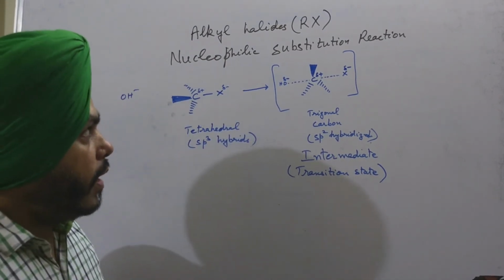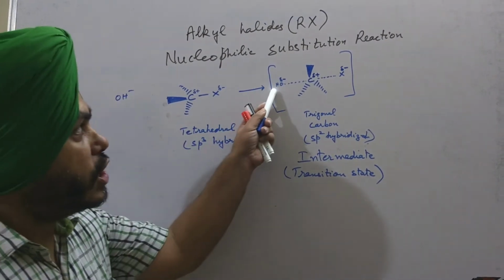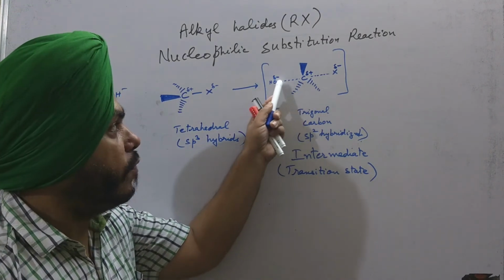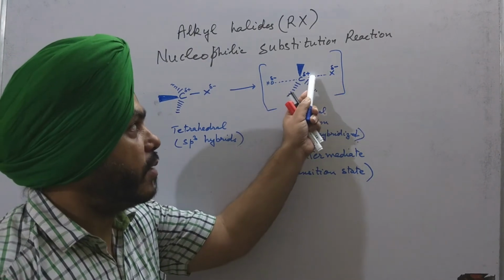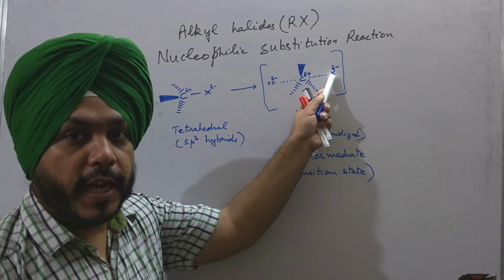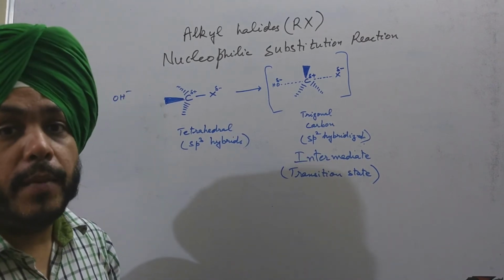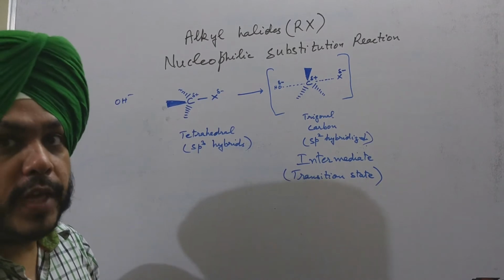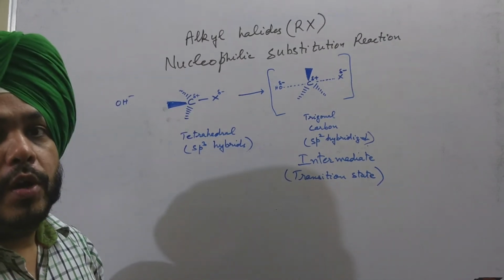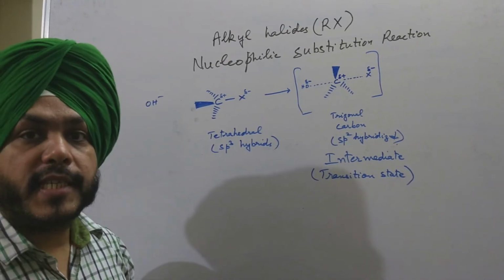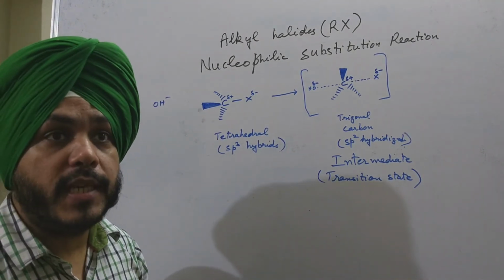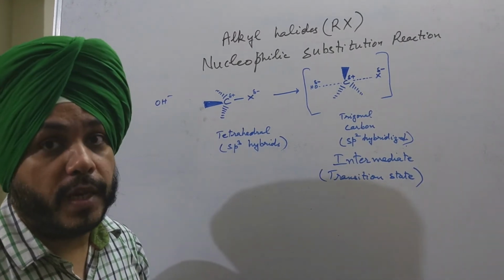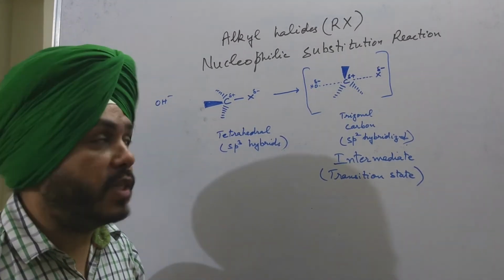So, in this transition state, the OH is forming a bond with the carbon, it is transferring the electrons and forming a covalent bond, while the halogen atom is taking away the shared pair of electrons. Halogen atom can do this because it is not a strong base, it is a weak base. Weak bases, as we know, can also accept an electron pair, while for strong bases, it is very difficult to accept an electron pair. This is according to the Lewis acid-base theory.